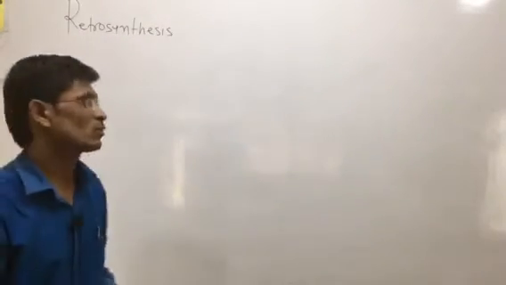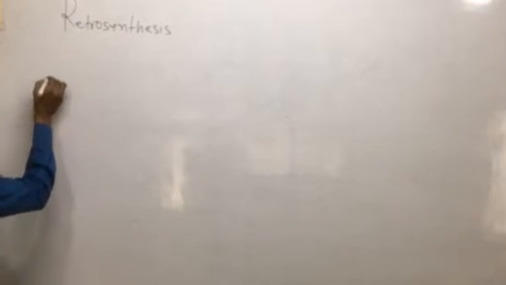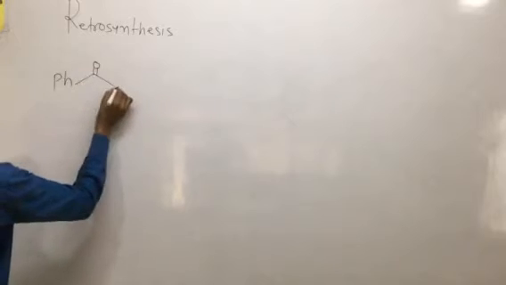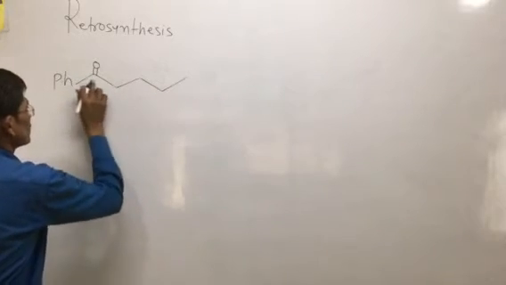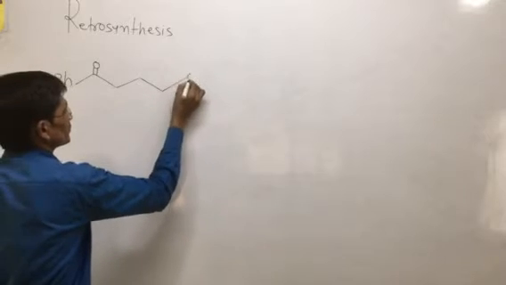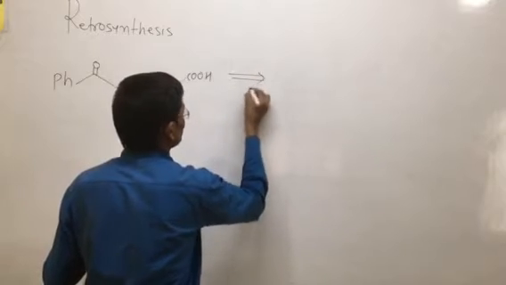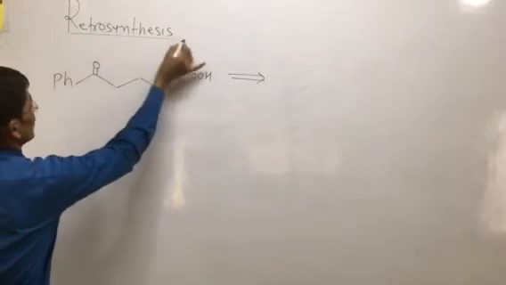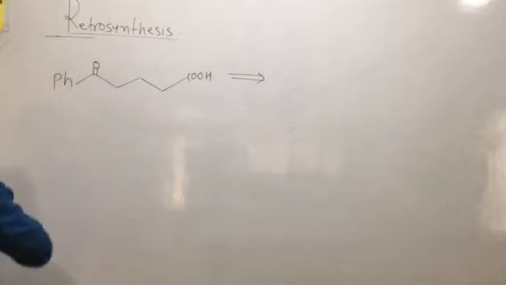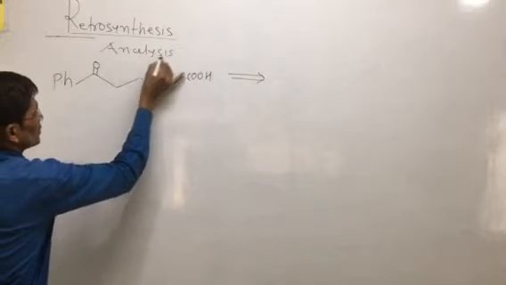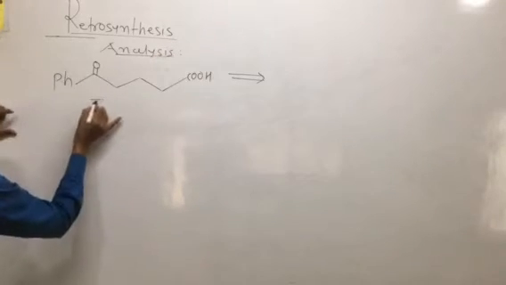In continuation of our parts on retrosynthetic analysis, or retrosynthesis, suppose we are provided a target molecule, a bifunctional compound 2, 3, 4, 5. These are bifunctional compounds. What is the plan of analysis? What is the plan of the synthesis? First, we have done the analysis of the target molecule.